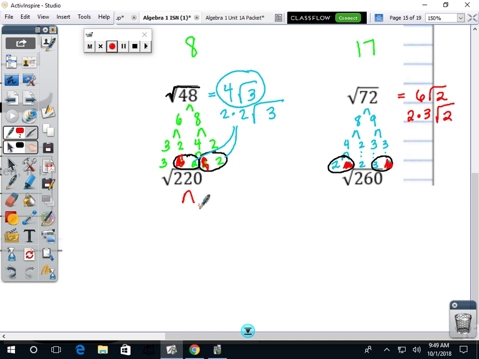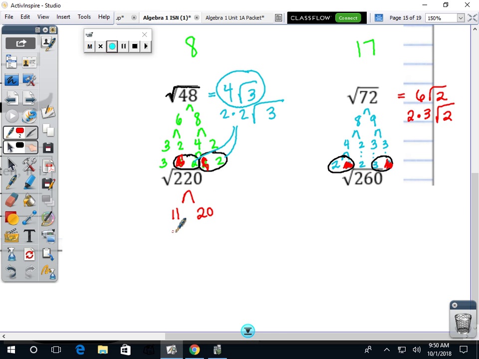Now, 220 is a larger number. You may not be able to just in your head think of two numbers that multiply to 220, but use your common sense. 220 is an even number, so you know it's divisible by what? 2. So if you can't think of anything else, you could do 220 divided by 2, and that's 2 and 110. What else do you think 220 is divisible by? 11? Okay, 11 and 20 will work. And honestly,